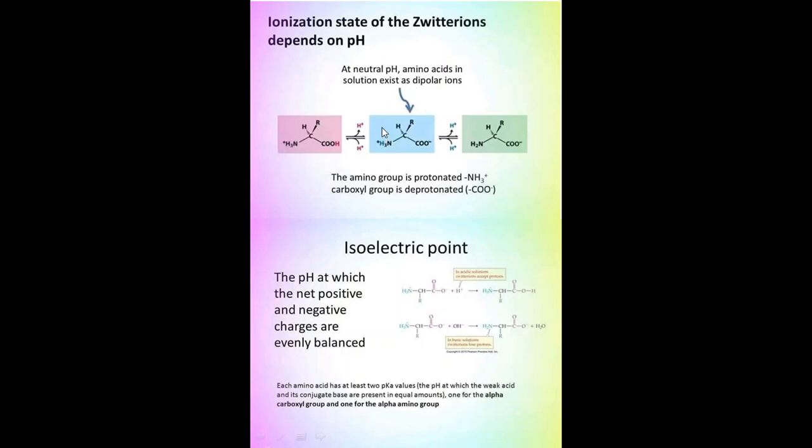In a neutral solution, that is about pH 7, the amino acid can both accept a hydrogen from the neutral solution and also donate a hydrogen to it, because in a neutral solution there is some kind of amphoterism. It has both acidic and basic properties, like water. Water in this solution can both donate a hydrogen to the amino group and also take a hydrogen from the carboxylic acid group, making the amino acid exist as a dipolar ion with a net charge of 0, neglecting the charges on the R group. In a high pH, an alkaline solution,